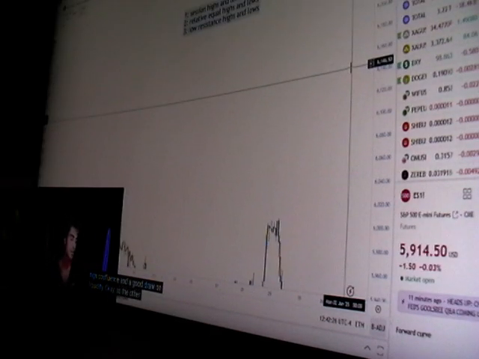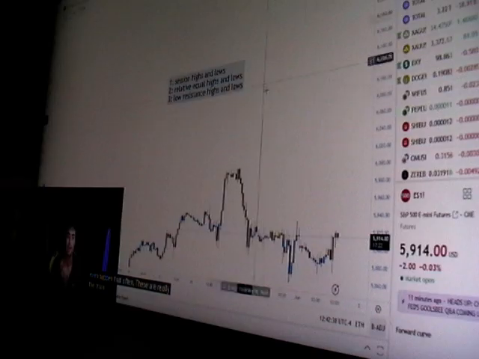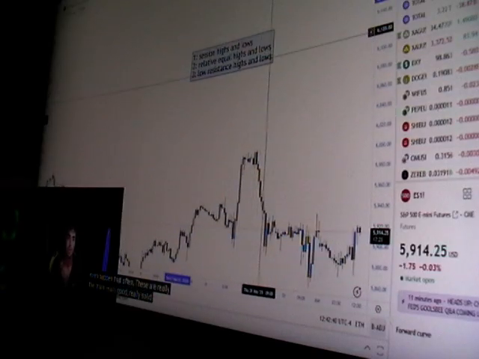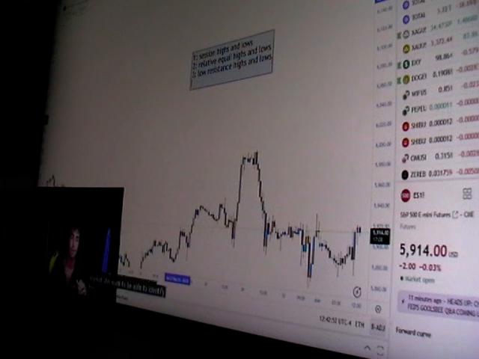Okay, so the other good one, I don't even want to mention in this video because it doesn't really happen that often. These are really the main, really solid draws on liquidity that we want to focus on coming into market opens on a daily basis. We want to be able to identify session highs and lows within the market. We want to be able to identify the relative equal highs and lows.